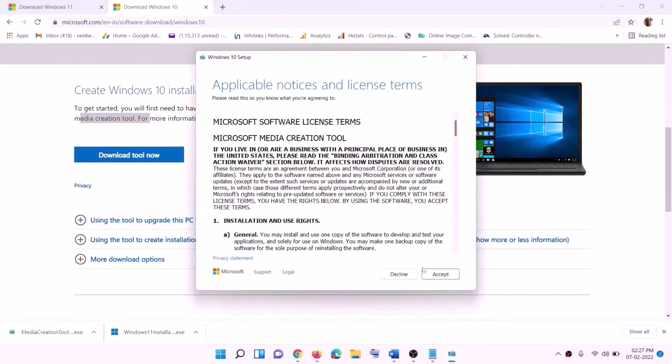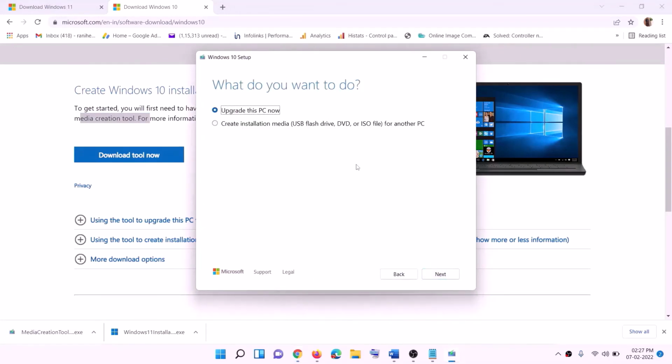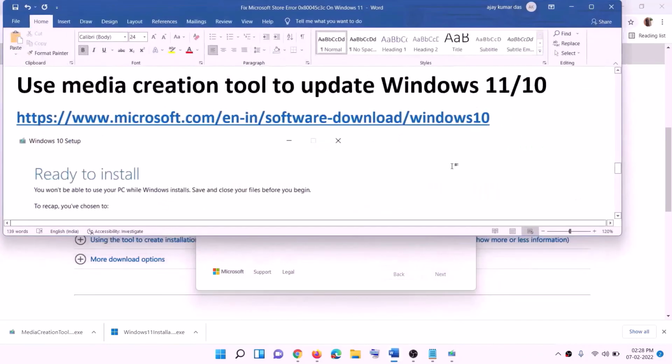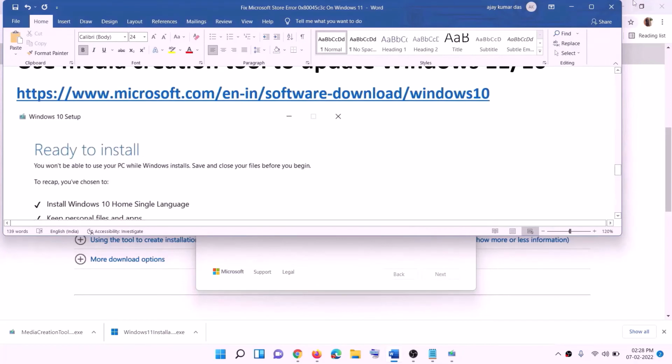Then you will see the screen. Click on accept. By default, upgrade this PC now would be selected. Click on next. It will start downloading Windows 10 along with the latest update. Now this process will take some time. Now once the download is complete, before the installation, you will see the screen which says ready to install, and